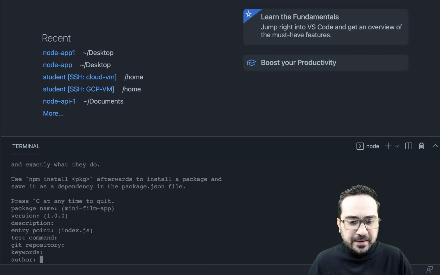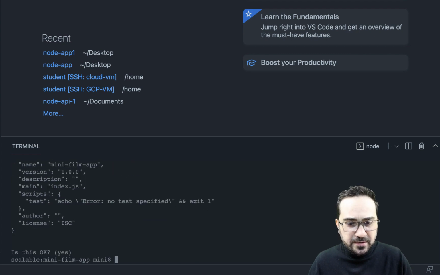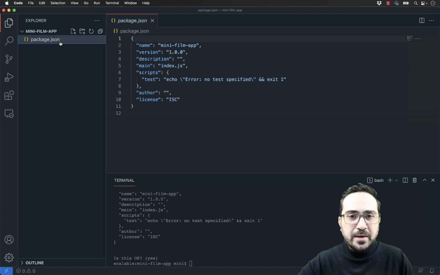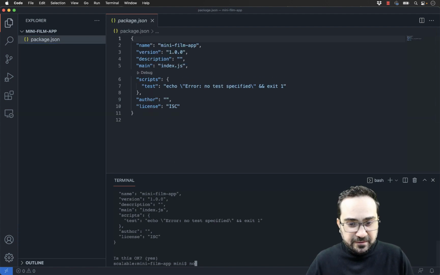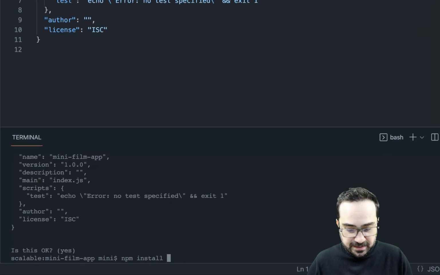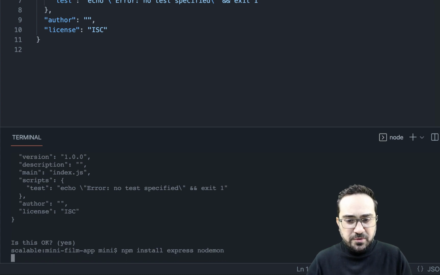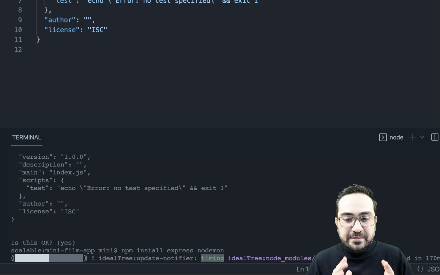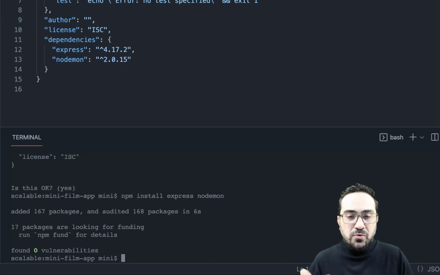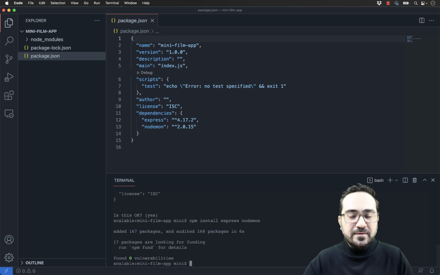I will just press enter here again. I don't want to add anything here, and I can see my package.json. The next thing for me is to install two more packages. The first package is Express, and the second is Nodemon. So again, let's install both together. I can run just one command. Express is the package that I will use for Node.js to develop my code. Nodemon is the package that I use in order to restart my server whenever I make changes.